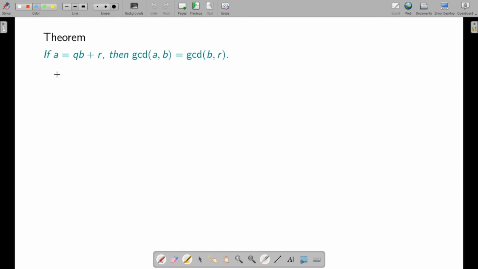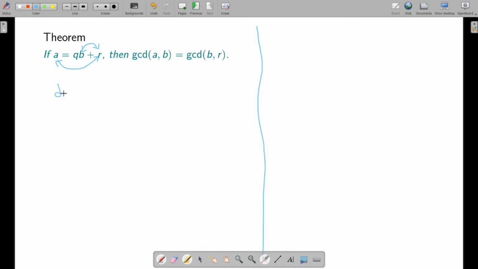Okay, this here is a very important result in fact. I'll give a fast proof of this and that's the end of the session. So this proof here is very easy. If A is equal to BQ plus R, then the GCD of A and B is the same as the GCD of B and R. And this comes out to be very useful for computing the GCD of two numbers. This method which is used here is called Euclid's algorithm for computing the GCD of A and B. Okay, so let's prove it first. It's very simple.